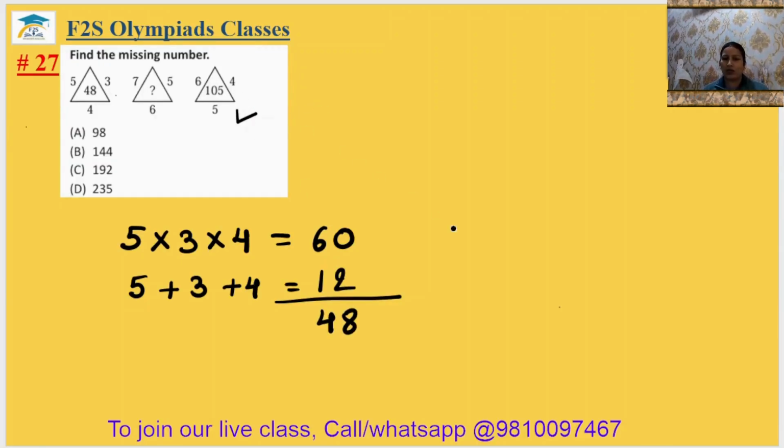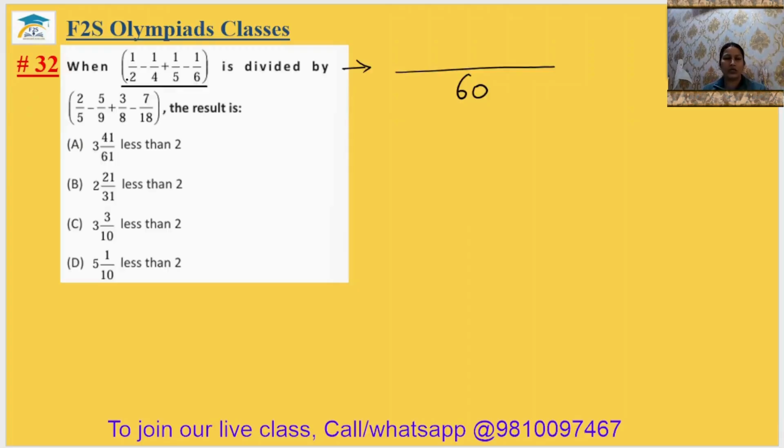The same pattern is followed here also. You can check it: 6 multiplied by 4 multiplied by 5. So 5 4s are 20, 20 6s are 120. Okay, now change the numerators. 2 30s are 60 minus 4 15s are 60 plus 5 12s are 60 minus 6 10s are 60. When you simplify it, you will get 17 by 60.